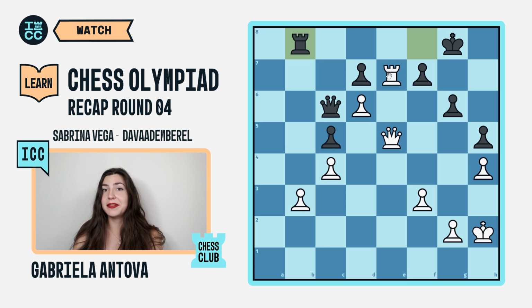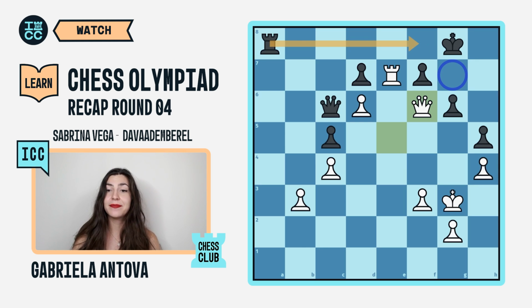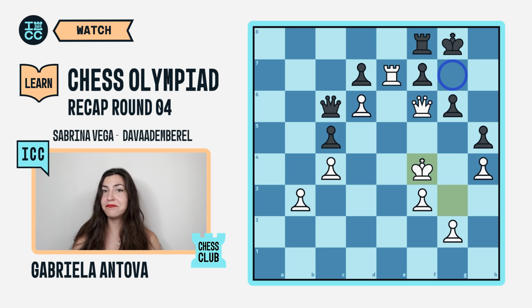Everything is defended. Well, Sabrina found a genius way to solve this as she played the move king to g3. The idea is to bring the white king all the way to h6 and threaten checkmate on g7. The game went on with rook a8, queen f6, forcing the rook back into passiveness, rook f8, king f4, continuing